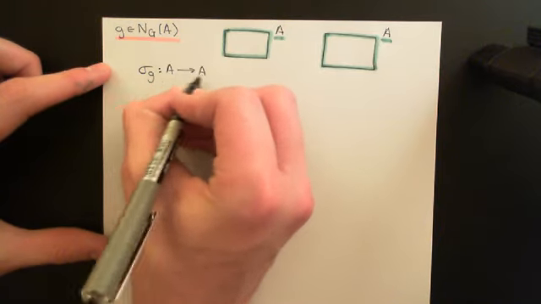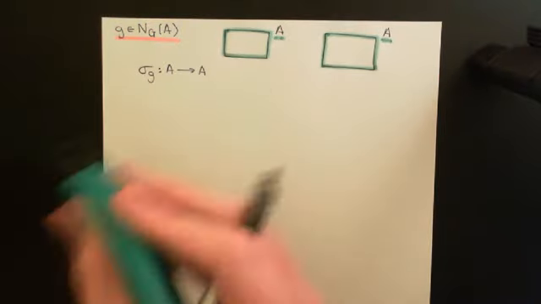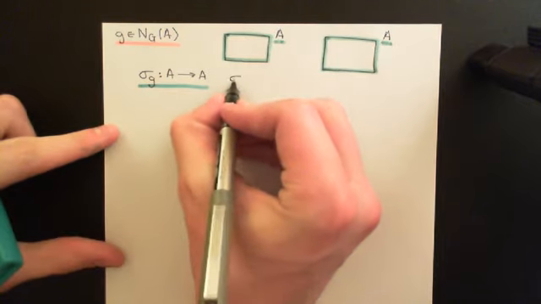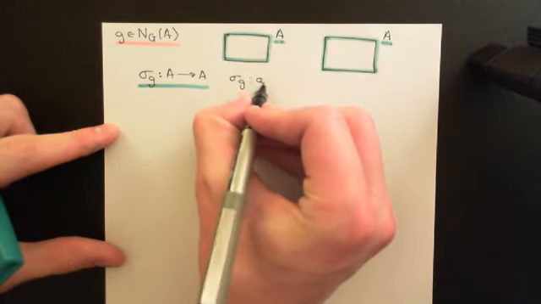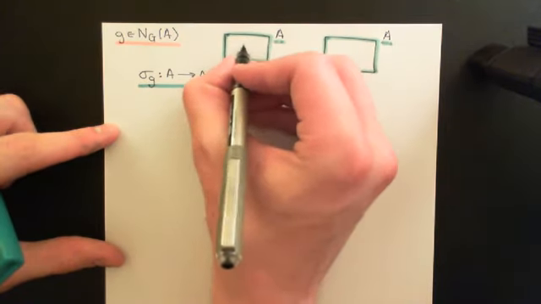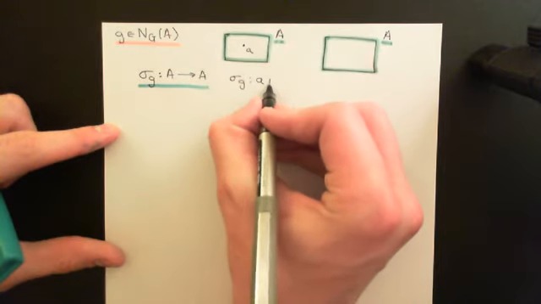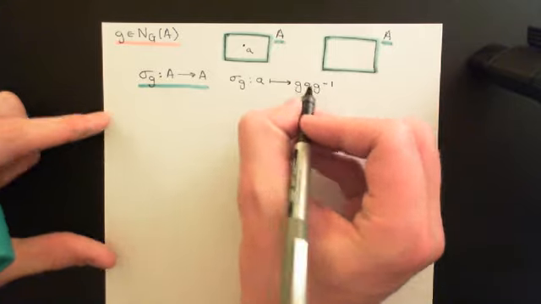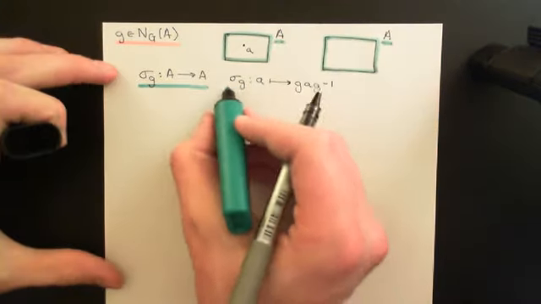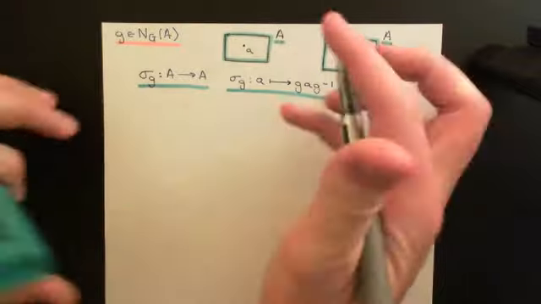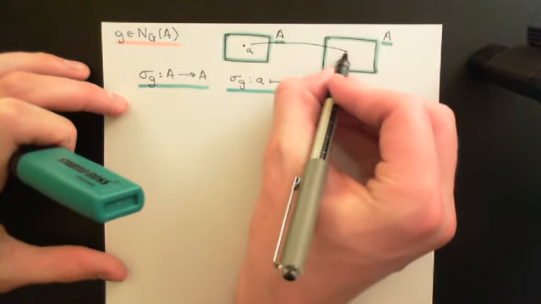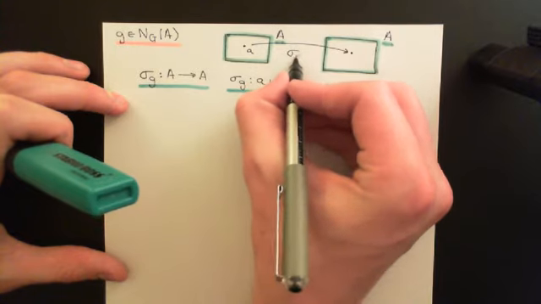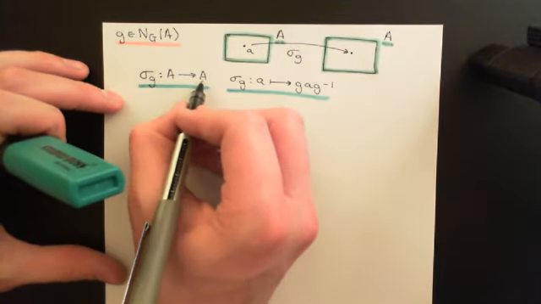Okay, so it'll be a mapping from the set capital A to itself, and the way that this will work is that sigma subscript little g will map any element little a of this set capital A onto g a g inverse, so the g conjugate of that element little a. Okay, so it's going to be mapping all elements of my set capital A onto another element in the set capital A, and of course we know that it will be a mapping from the set A onto the set